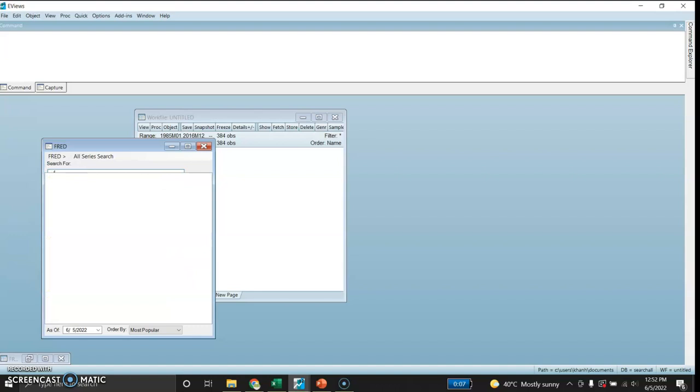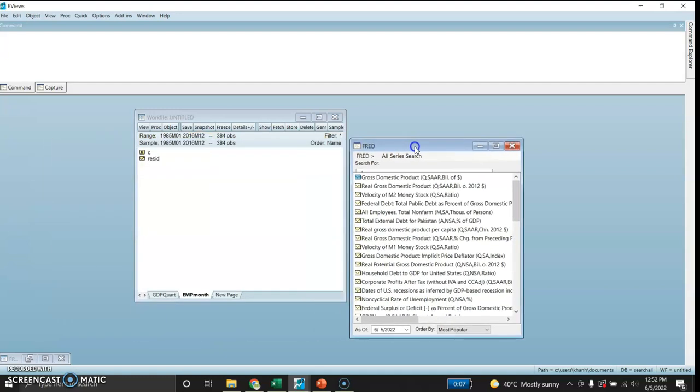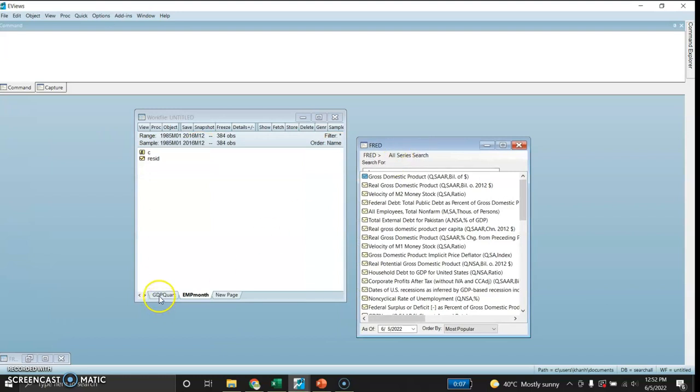GDP, and the data will be, so I'm interested in this data. So let me open it, and I'll drag this here. This is my GDP, and next I'll bring data for the employment,